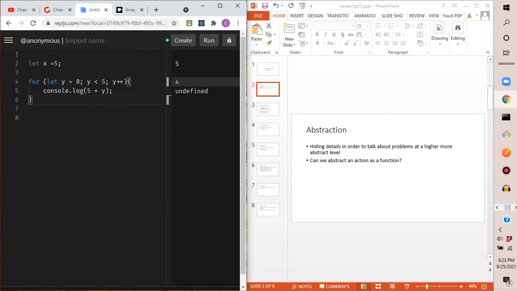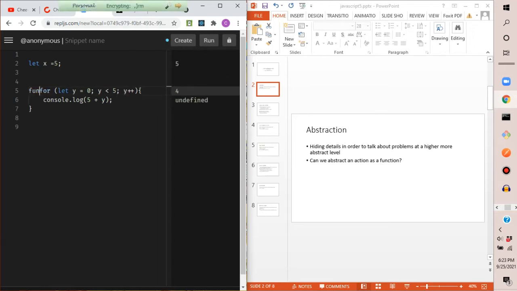Maybe there's going to be a point when you need 5 added to every iteration of an array. Maybe that's what you need, and we learned before that you can take that action and put it in a function and just call the function. So we could take this action, function add5,